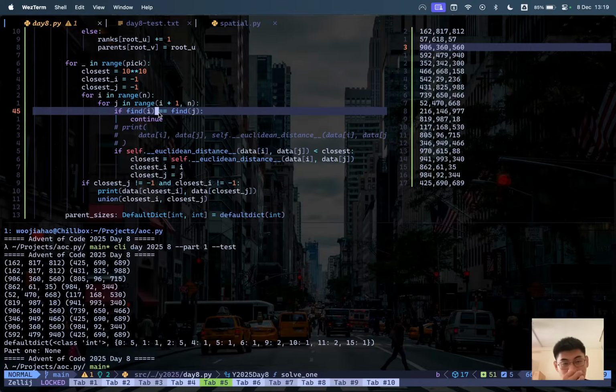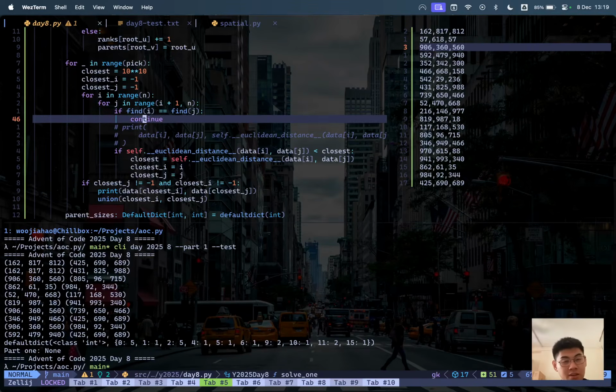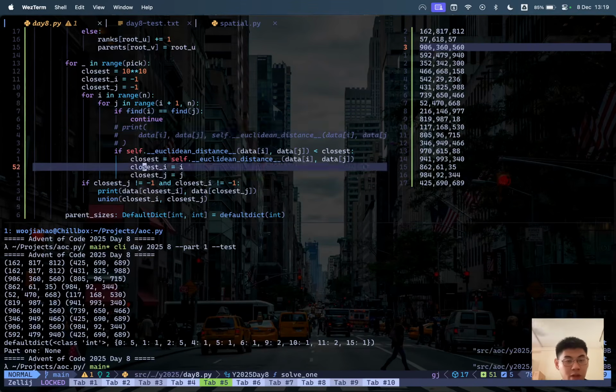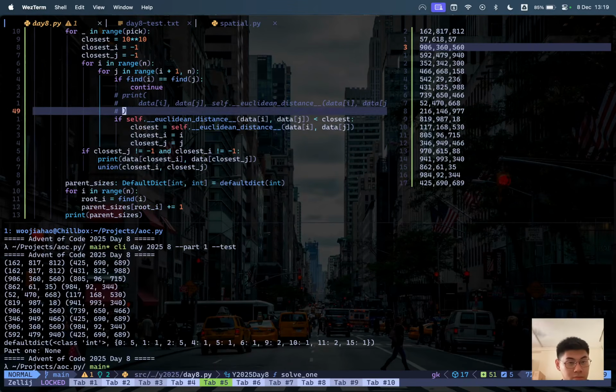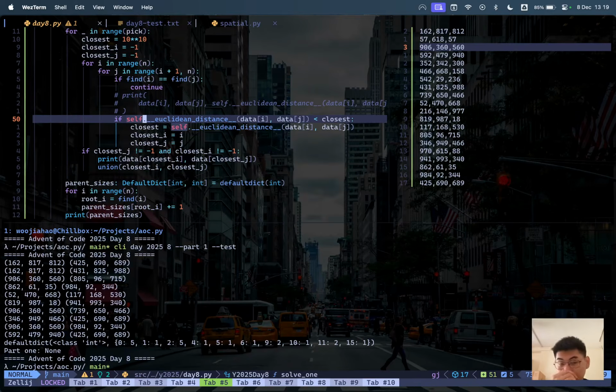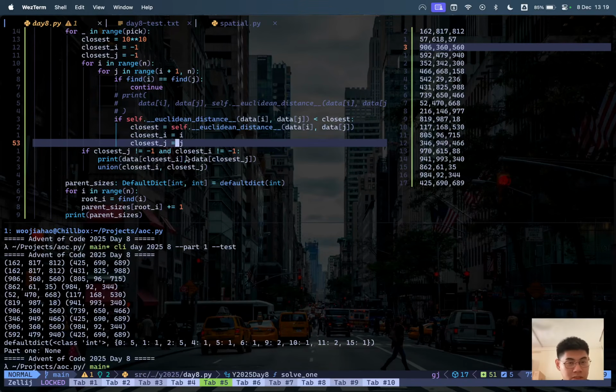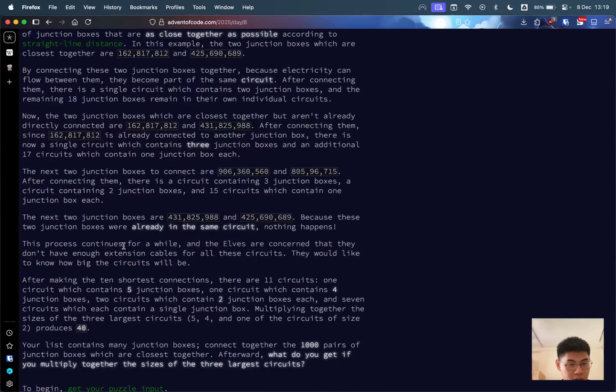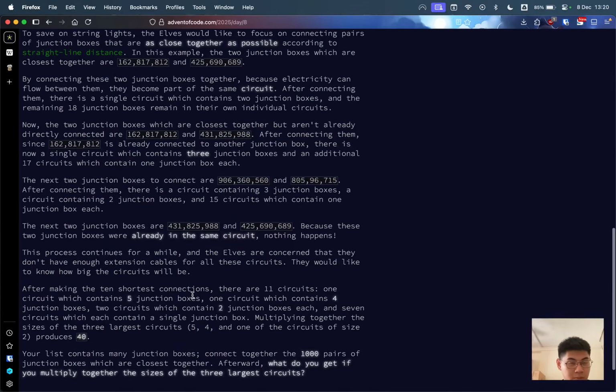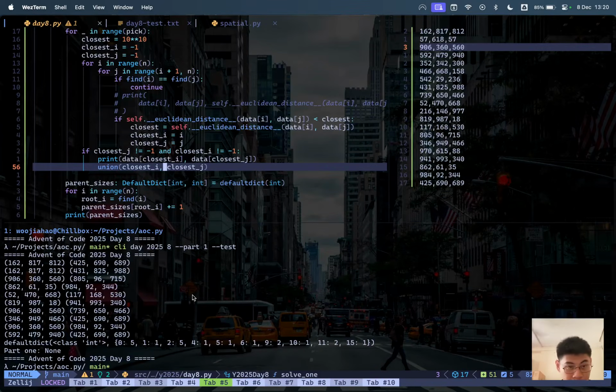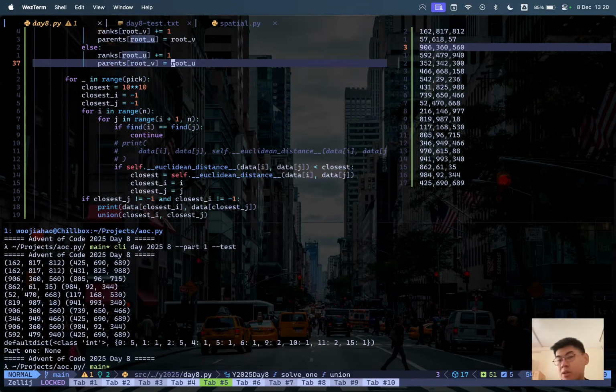Yeah, so I checked. If the find of i is in the same set as the find of j, we ignore it. Then we calculate again. If the Euclidean distance is closer, we pick this as the closer point. Okay, so the process continues, and then there are 11 circuit boxes between them. Okay, maybe it is easier